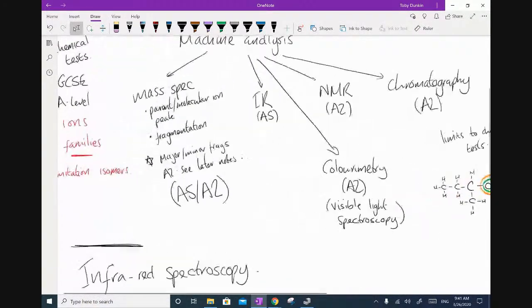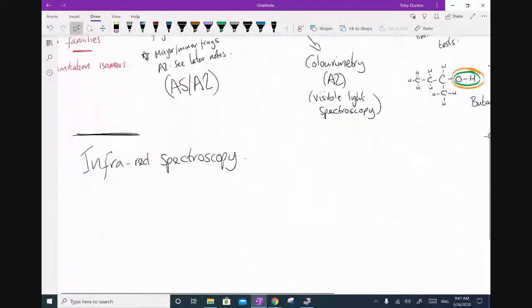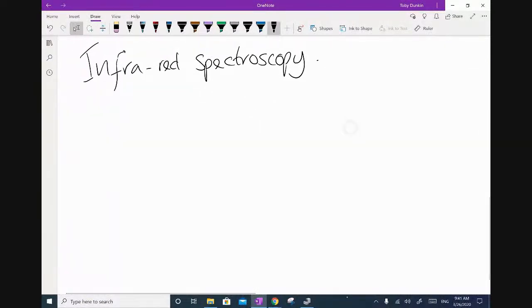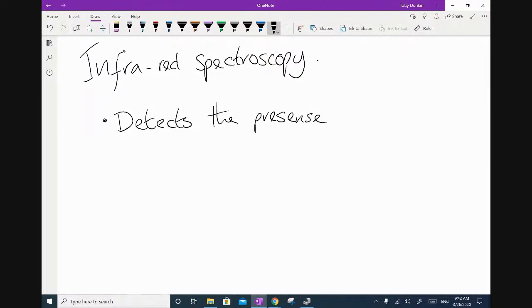So we need to use other things, and IR is one of these. So what does IR give us? So IR detects the presence